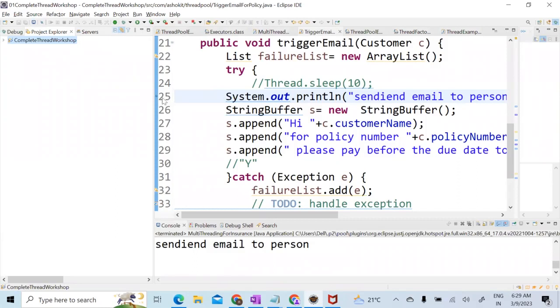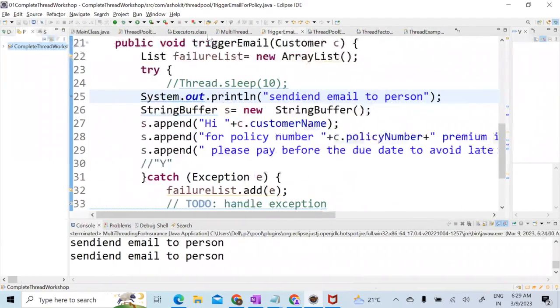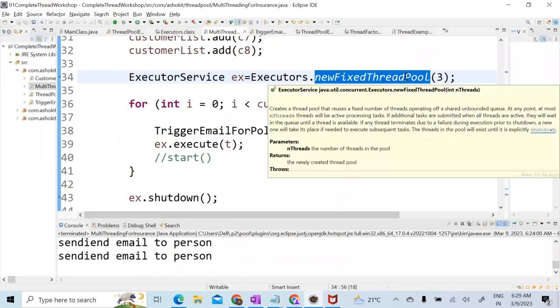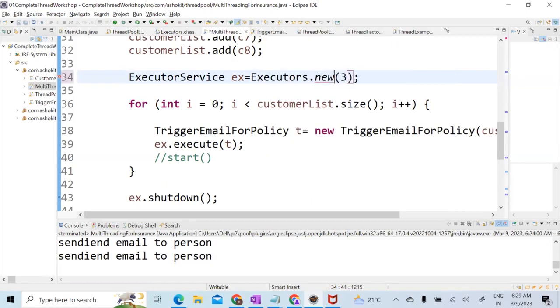Before going there, in the same example, yesterday we looked at newFixedThreadPool. Now I had asked someone to look at the cached thread pool. So what is the difference? Whoever has practiced? The main difference is that if I put a debug here using newCachedThreadPool, it will create as many threads as there are tasks. That many threads are created, sir. Okay, so that means